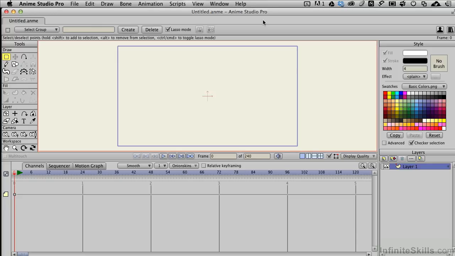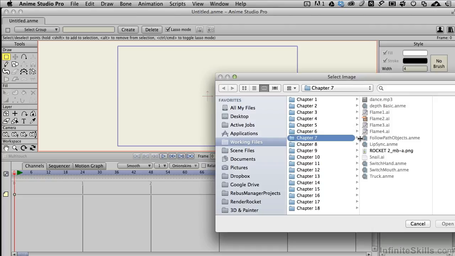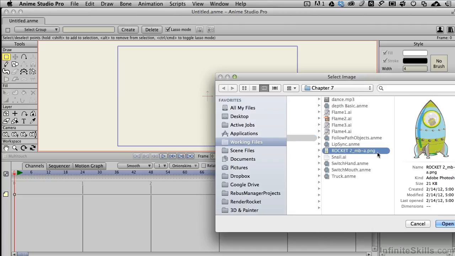In this movie, we'll go ahead and look at ways to use cycling animation with some of the built-in functions of Anime Studio Pro, specifically switch layers. Let's go ahead and create a new scene. If you have access to the working files, you can choose Image and navigate to the working files for Chapter 7 and choose